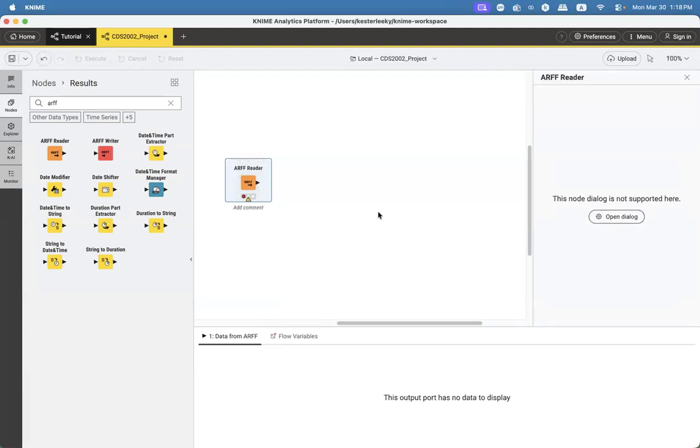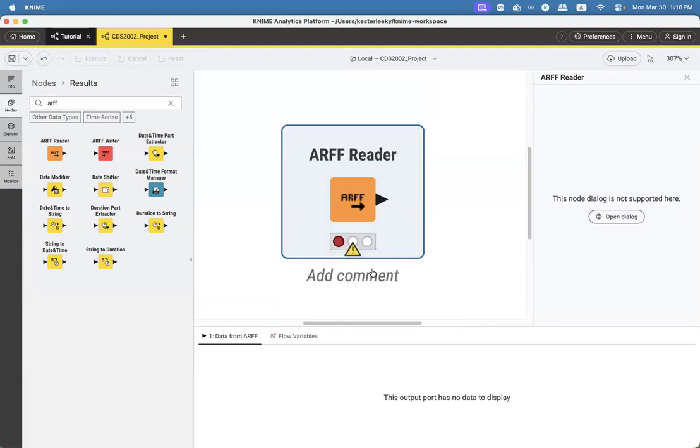But you will see that this ARFF reader has an exclamation mark. Maybe I will enlarge it. Under the ARFF node there is an exclamation mark right here. The exclamation mark is telling you that this node has some configuration you haven't done yet. So what you need to do is to right click and then select config.